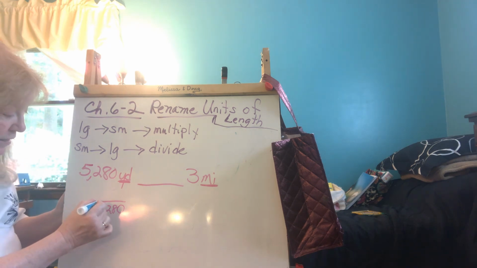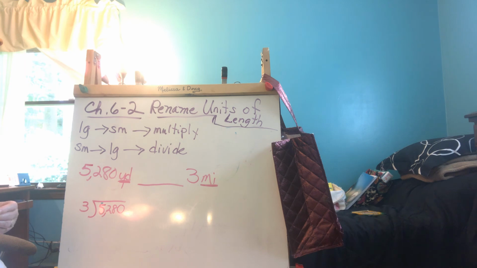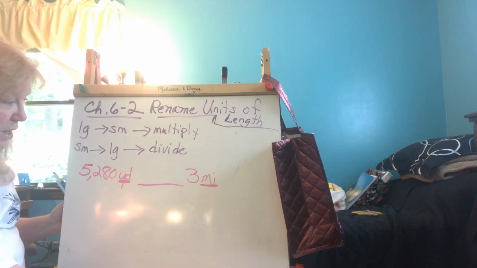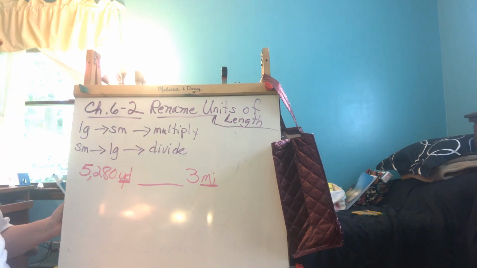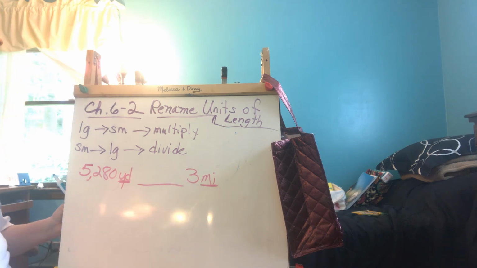Well, I'm going to begin right over my, you know what? There's a mistake here. That's not what we're going to do. We are going to convert our miles to yards. It's easier to go backwards for this particular one because